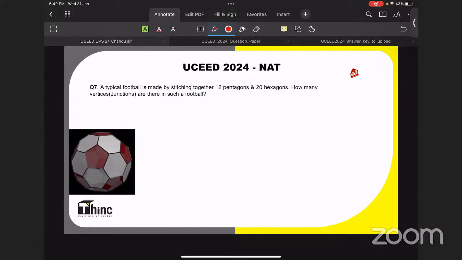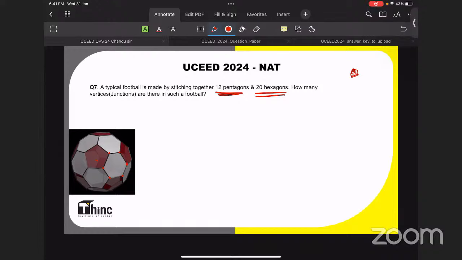So this question is about 12 pentagons and 20 hexagons. So a similar ball I had taken over here for your better understanding. This is a pentagon. See, this pentagon is sharing all the edges, all the vertices with the next hexagon. If you take the case of a hexagon, this side is sharing with this pentagon, this edge is sharing with this pentagon, this vertex is with this pentagon, this vertex is with the other pentagon. So all the vertices of the hexagon, at the end there will be a pentagon.